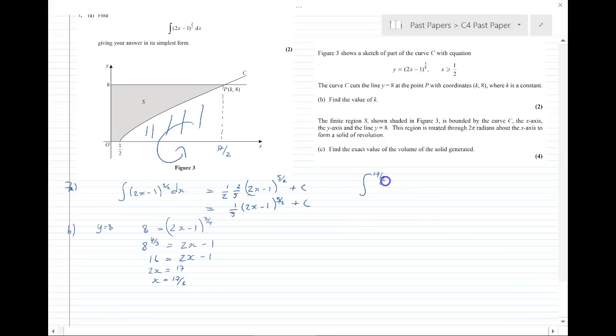17 over 2 and a half, because the formula for a volume of revolution is pi y squared dx between the limits. So our equation is now this, so that's 2x minus 1 to the 3/4 squared, so that's 3 over 2 dx. Now that would be equal to,